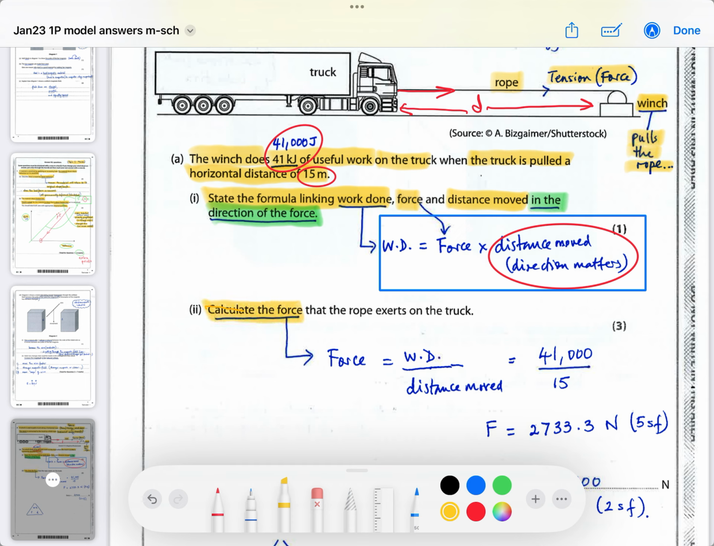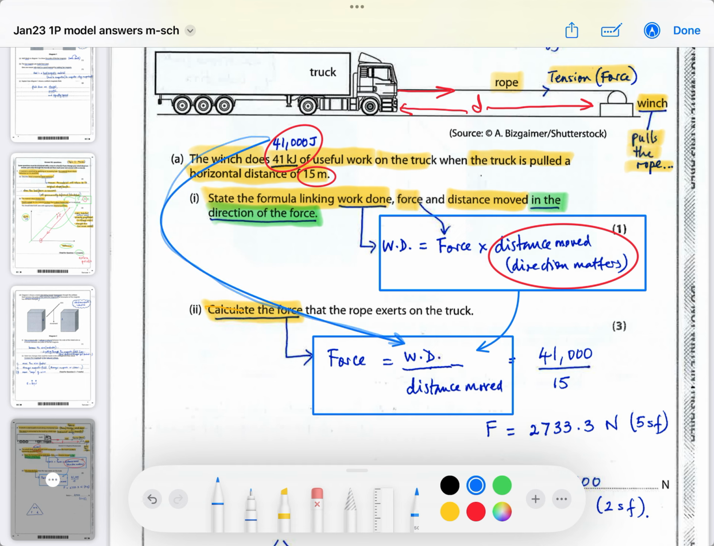So we just have to change the equation round, and changing the equation round is basically taking this equation and making force the subject of the equation like this. And once you do that, we know they've given us 41,000 from above. So 41,000 is the work done. And 15 meters was given to us earlier as well. You can see the distance was 15. So we have to put 15 in underneath